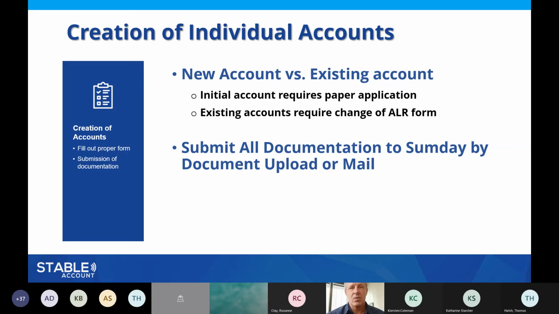So instead of mailing it through the mail, once the account shell is set up, you log into that account, and there's the ability, once you log in, to go, and we could tell you exactly how to do this, but go to a spot where you can upload that initial application for the first account. So that would just be a faster way of getting that there if it isn't mailed initially with that entity application. So just an additional thought there.